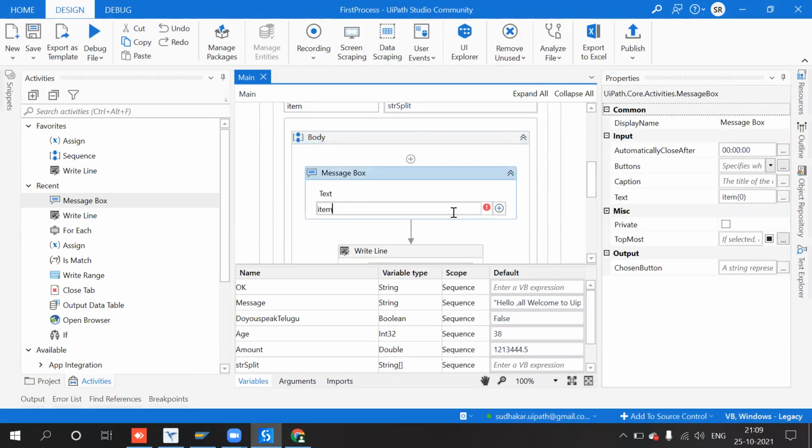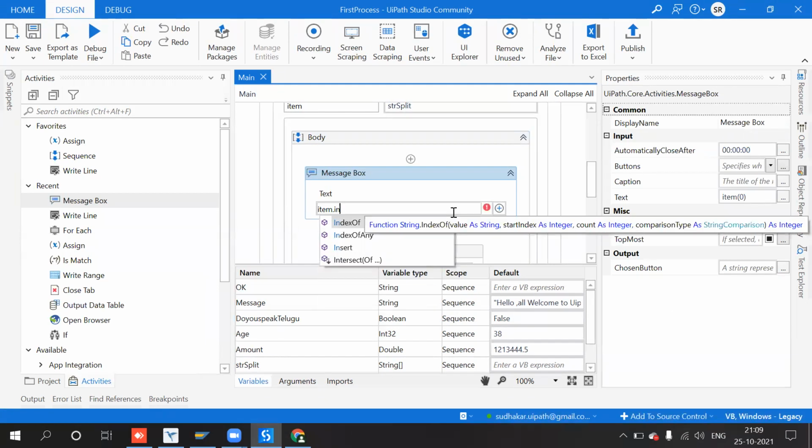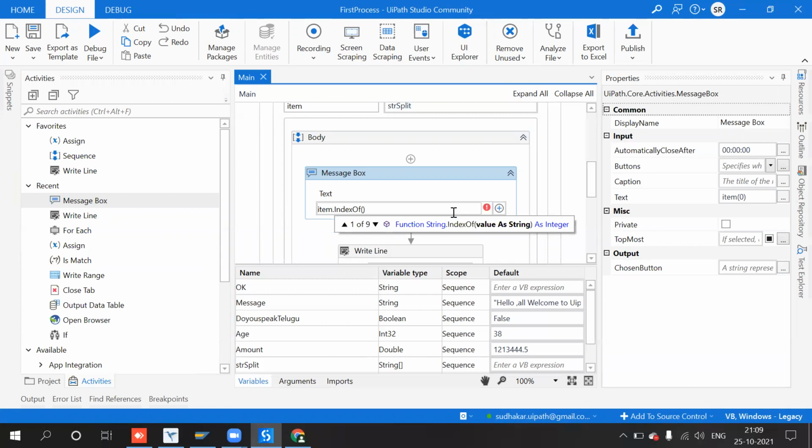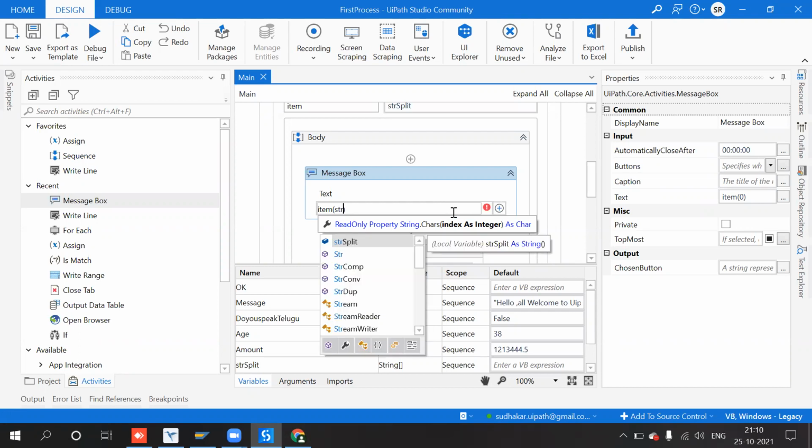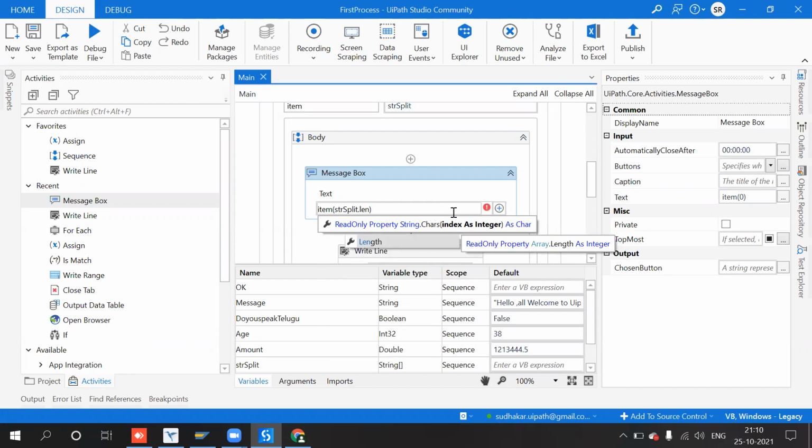So item dot index of, okay, or item dot item of, so str split dot length.